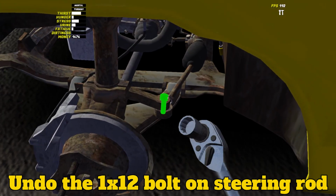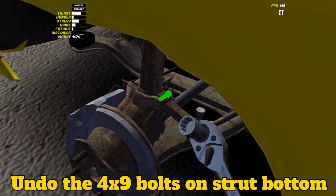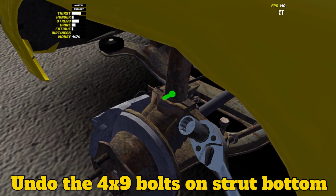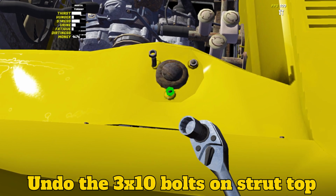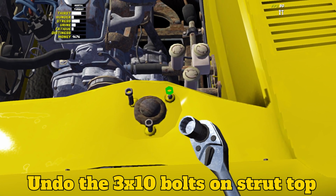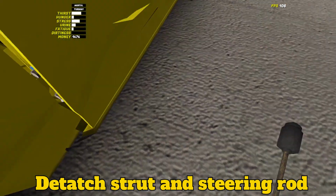Undo the 12 bolt on the steering rod found here. Now unscrew the 4 size 9 bolts on the strut. And the 3 size 10 bolts on top of the strut. Now remove both the strut and the steering rod by highlighting the part in the right corner and replace with